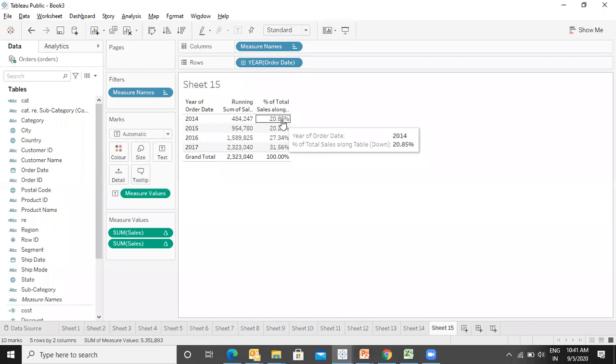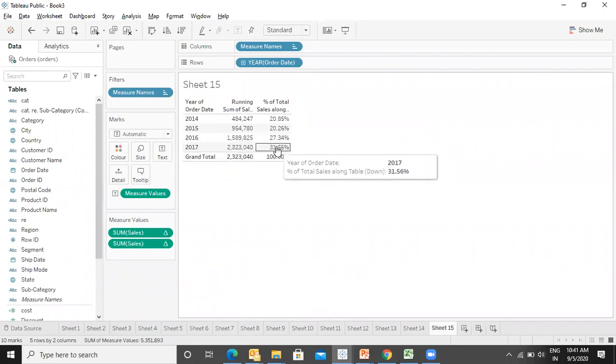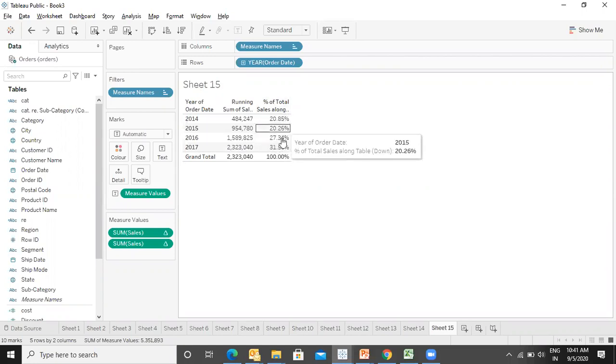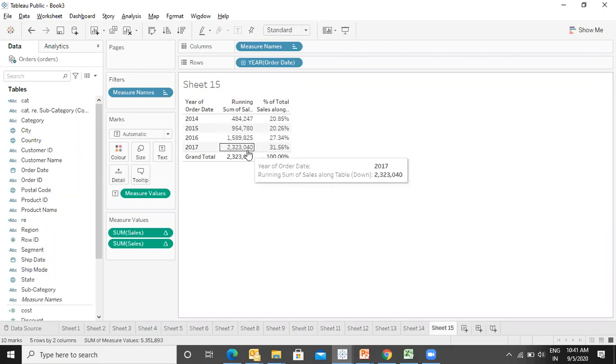In 15 it was 20.26, 16 is 27, and 17 is 31%. So I can see an increasing trend over here, and this is showing the sum of sales. In 2014, the revenue generated was this much. Till 2015, the revenue generated was this, 16 was this, and 17 was this. I hope it is clear now.